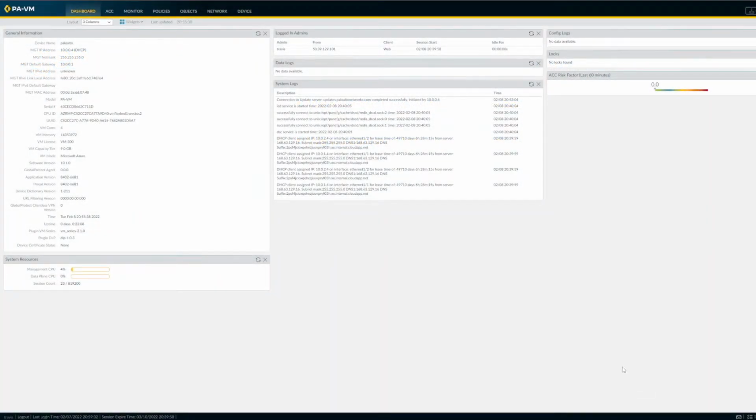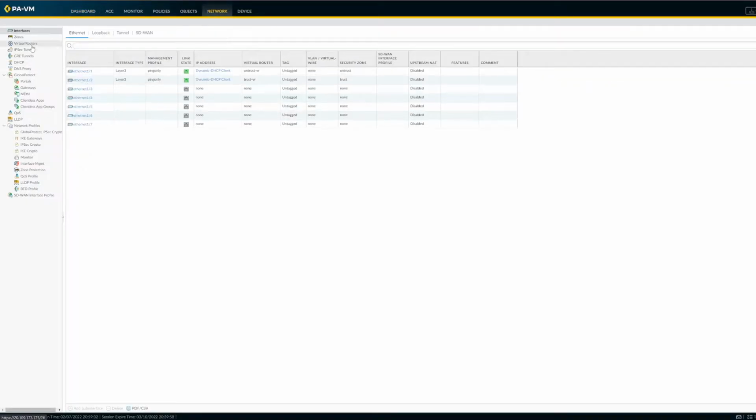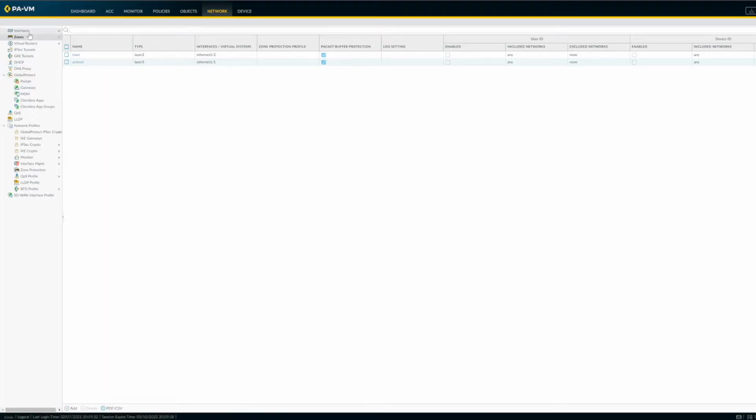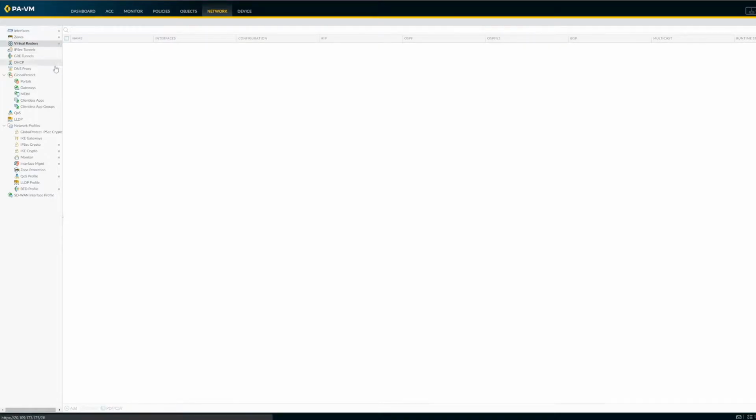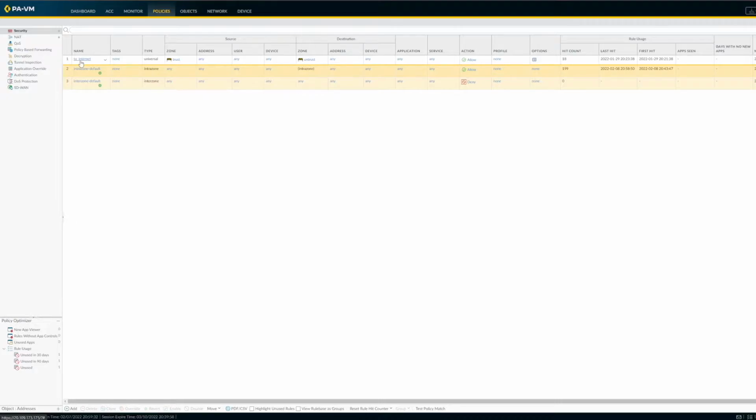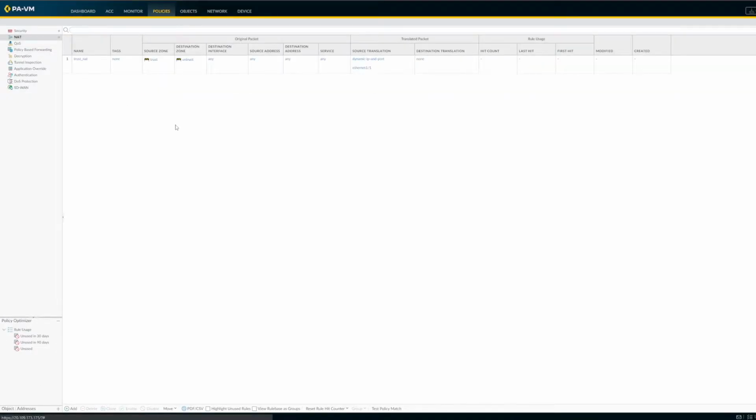Okay, so just to get ourselves oriented here, this is our Palo Alto VM that we created in the last video. Now, if we look at the network, we do have two zones set up, a trust and an untrust zone. We have two interfaces that are configured, 1 and 2. We have two virtual routers, an untrust virtual router and a trust virtual router. And for policies, we have a policy to allow from the trust zone to the untrust zone on any application, any service. And we do have a NAT policy in place to translate the source packet for traffic going out